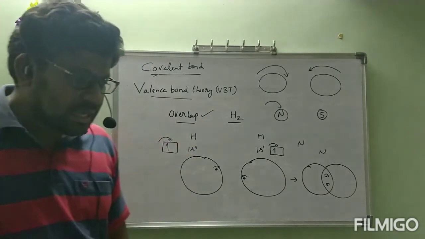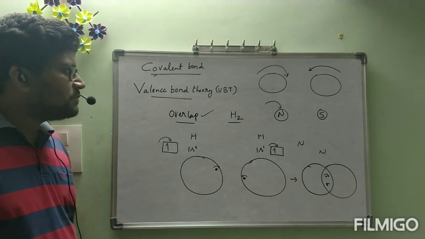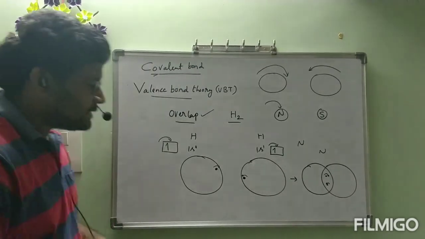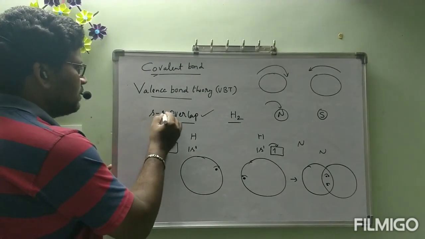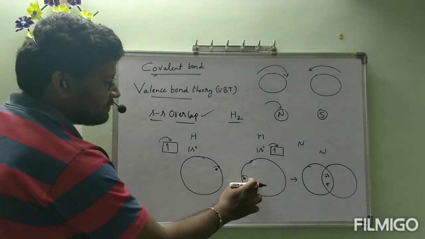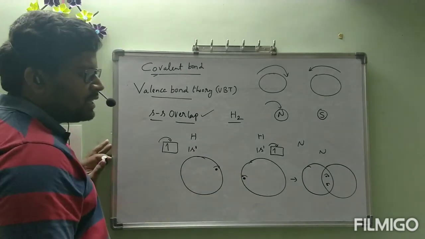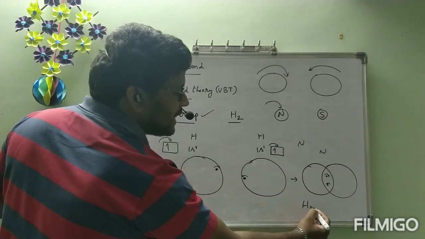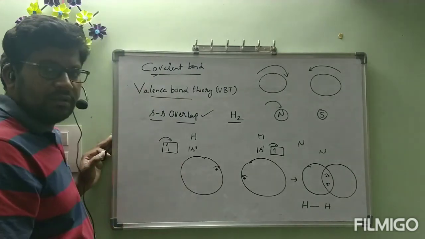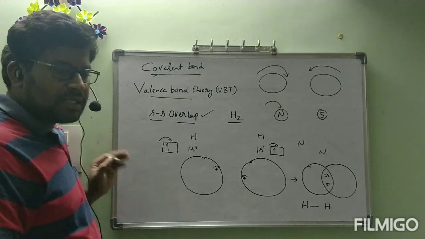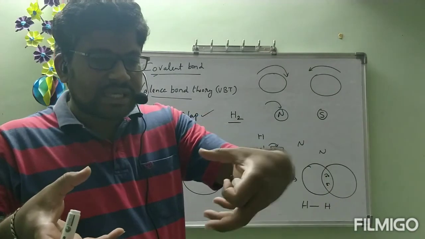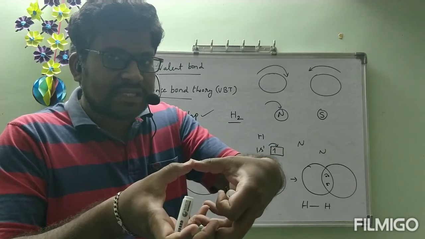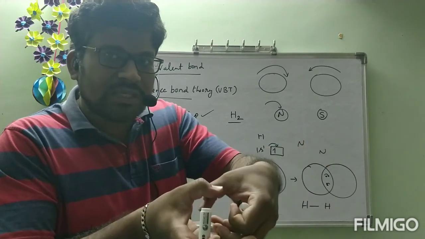This is about the valence bond theory, the first side heading: overlapping. The side heading is written as SS overlapping because the S orbital of hydrogen and the S orbital of hydrogen are involved in overlapping. This is the molecule formation, represented as H single bond H. We represent it with a line because the S orbital will come through one direction, and the second S orbital also will come along the X axis, Y axis or Z axis. Along any one axis they will approach each other.